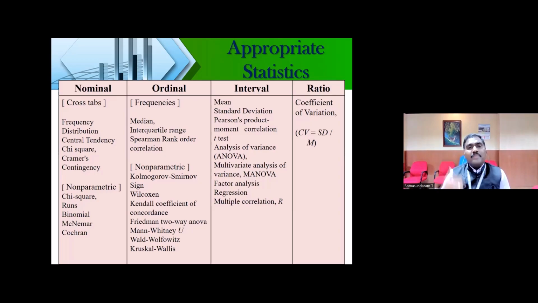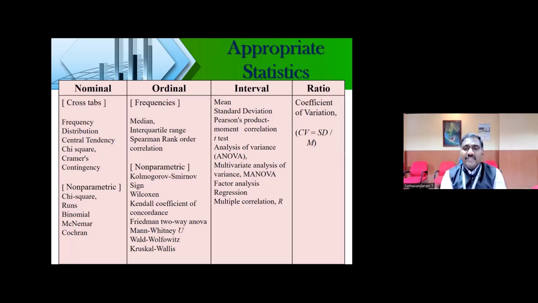Whereas if you come to the non-parametric tests, suppose your data are not normally distributed, you can use a sign test, you can use the Kolmogorov-Smirnov test, you can use the Mann-Whitney U test when you're dealing with two variables. In that, one variable should be a categorical variable, right? Kruskal-Wallis, for 3 variables, where in that 2 variables should be a grouping variable. So in that case, you can use this.